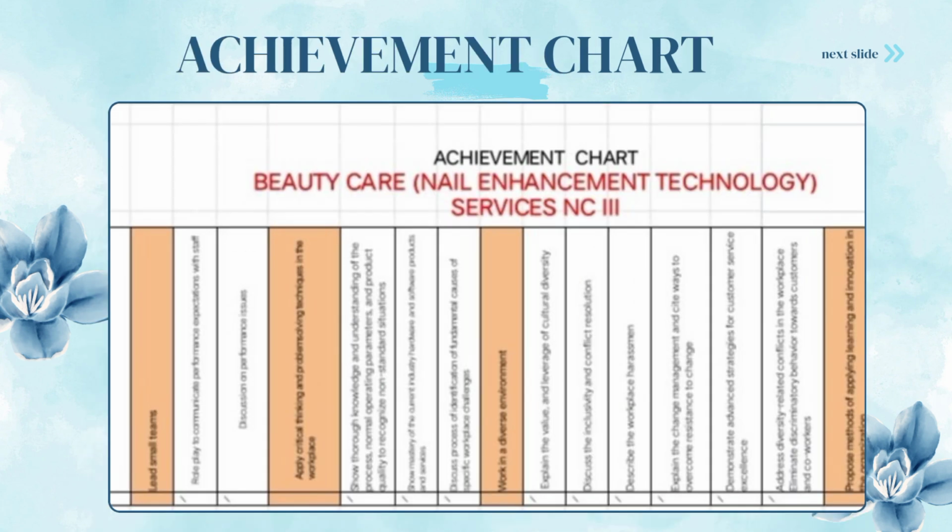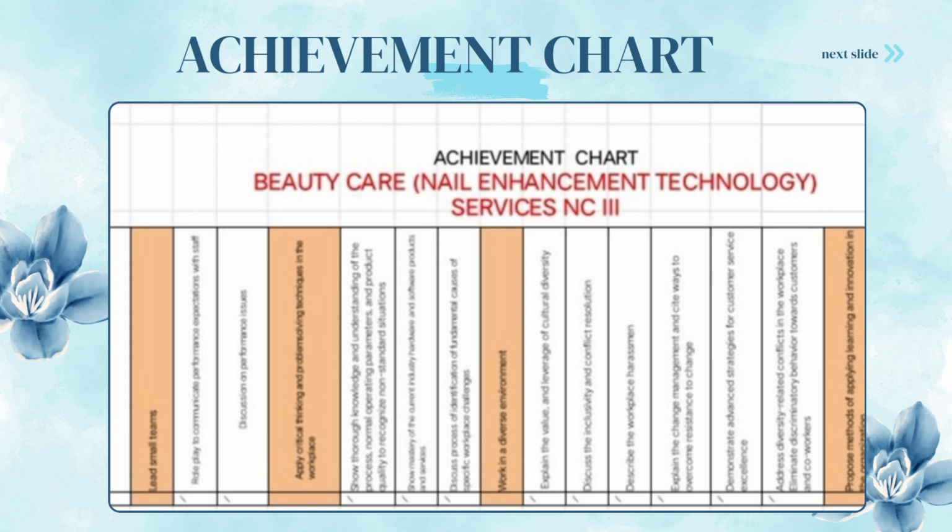Meanwhile, the achievement chart is a more detailed record that focuses on the specific activities and performance outputs required in each competency. It provides evidence of what each trainee has achieved in every learning outcome. The chart includes the qualification title, the names of trainees in alphabetical order, the list of required activities or outputs per competency, the nominal durations, the trainer involved, and the legend of recording symbols.